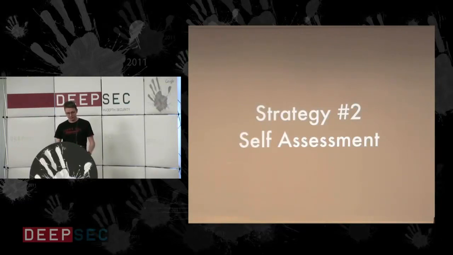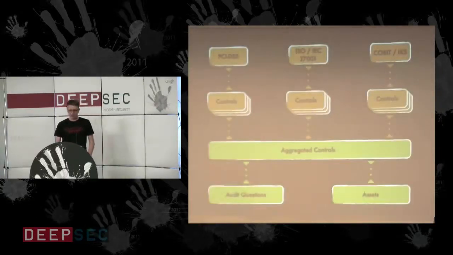So self-assessment. Even though we knew, and still know, that self-assessments aren't perfect. Asset owners usually rate their assets better than they are, but if you know it, it doesn't really matter anymore. So we again, and when I say we, I mean with SumUp, looked at the data model we had already, and we said, okay, so we add audit questions and assets to the model we already have.